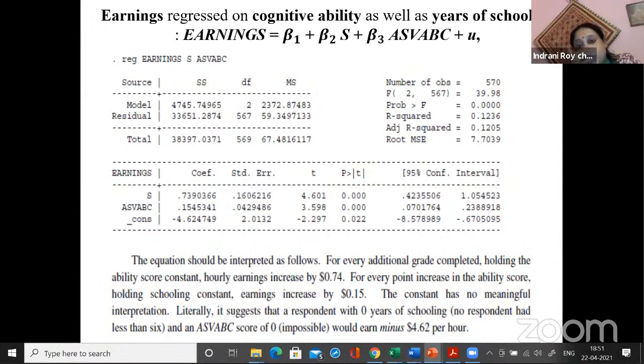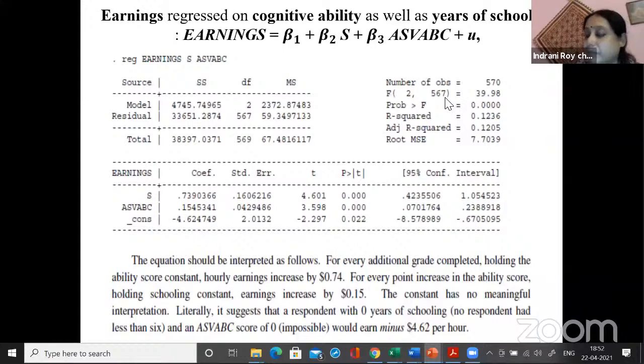And for the overall significance of the model, that means how well you have conceived your model, that means the explanatory variables which you have taken in order to explain the outcome variable or your dependent variable, how relevant they are on average overall. Okay, that is actually captured by this F value. And you see the F value is 39.98, and these two values are the degrees of freedom of the